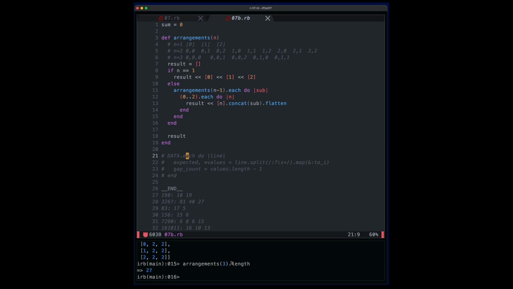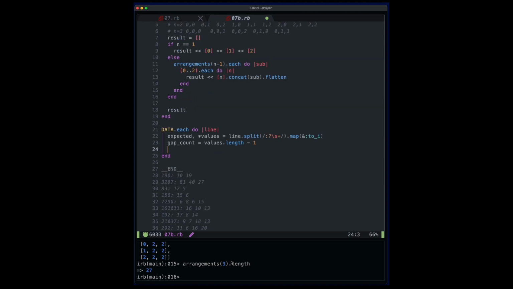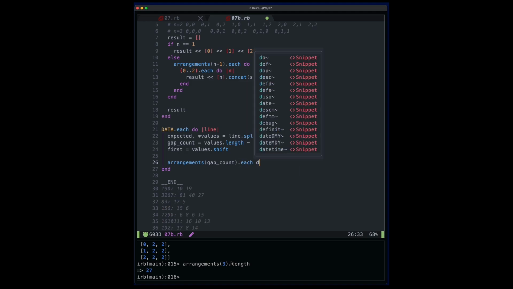Now we can start applying those arrangements to the data. Okay, so expected values, blah, blah, blah. So we have to have expected equals values dot shift. And now we're going to look at every single possible arrangement of length gap count. So it's going to be arrangements gap count dot each do